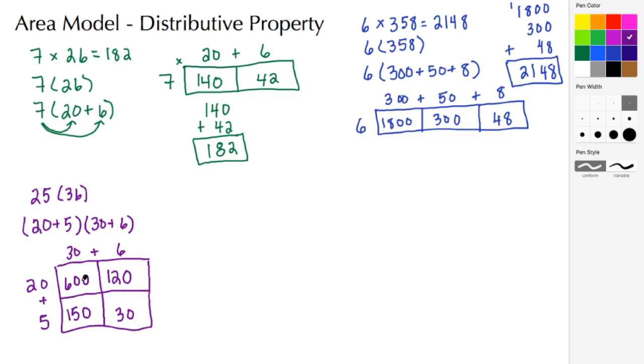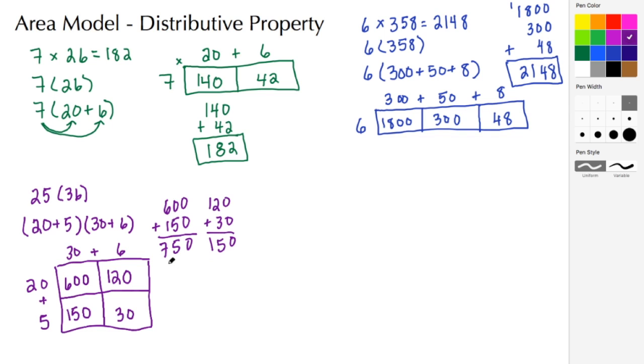And like I said earlier, these are called partial products, and each one of these partial products represents the area for the lengths of the sides. All right, now that we have the partial products, we need to add them up. Now that I have more numbers, I'm going to group them in pairs. So let's first do 600 plus 150. Well, 0, 5, and then 7, so 750. And then I'm going to add up 120 plus 30. 2 plus 3 to give me 5, and then the 1.